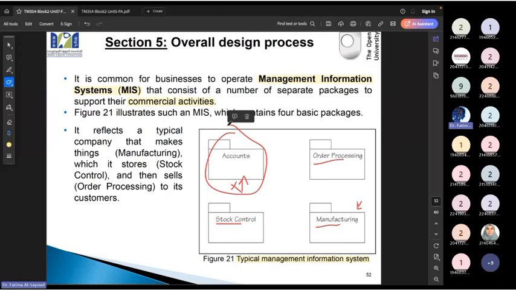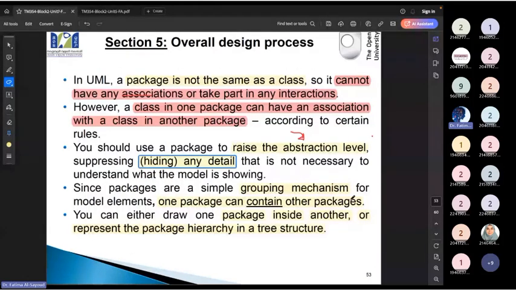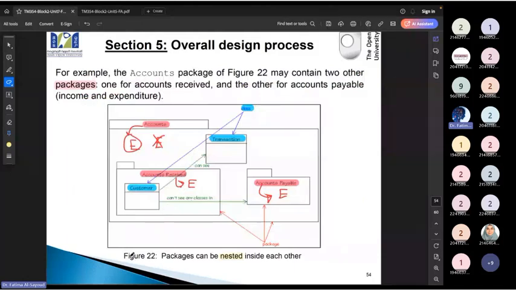and you're doing implementation you are taking a look at it, you're going to go to detail. But when we're taking a big picture أنا الآن لو أطالع هذه الصورة, this picture, do I know any detail داخل هذه الباكجز؟ No. So الابستراكشن ليفل الآن عالي. الابستراكشن ليفل يعني تجريدي يعني فقط يعطينا صورة عامة. It's just going to give us the big picture. So this is what is represented here. And we are going to emphasize that it is grouping related elements together. And as I said, you can have one package inside another, which is a nested package. مثل اللي شفناها هنا.